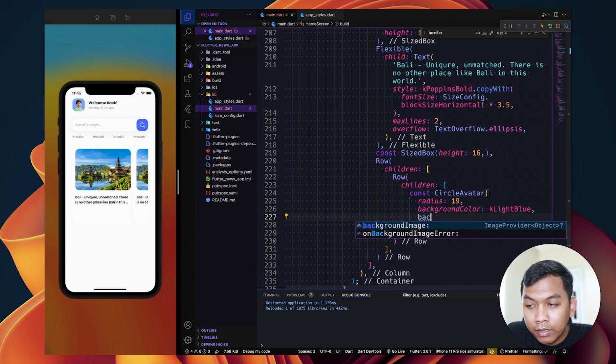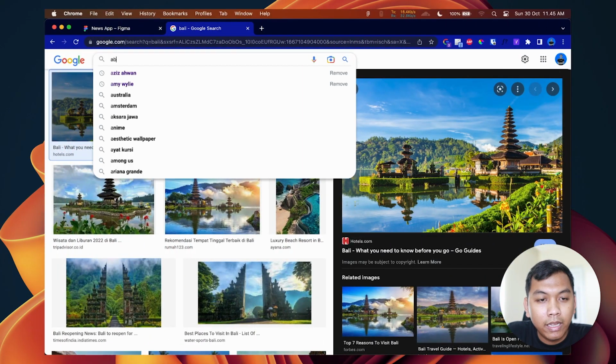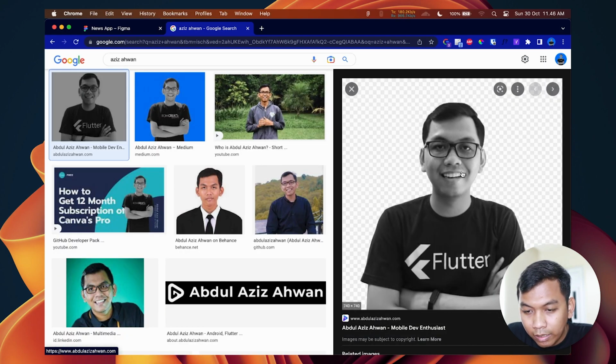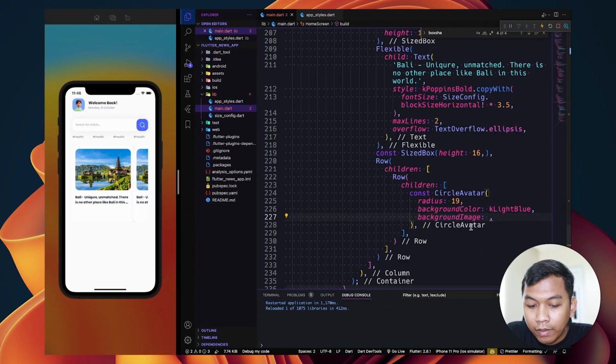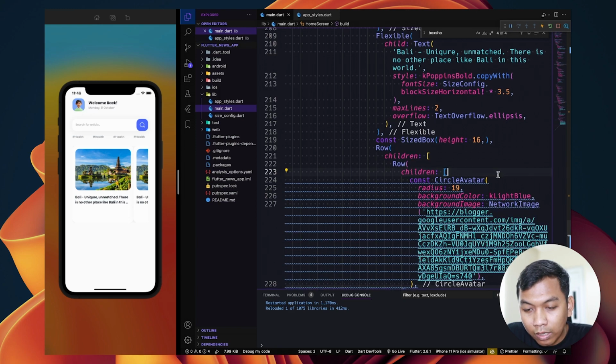And background image will be, so let's find my image. Just copy this image address, and we need to say network image, and we place our URL here.